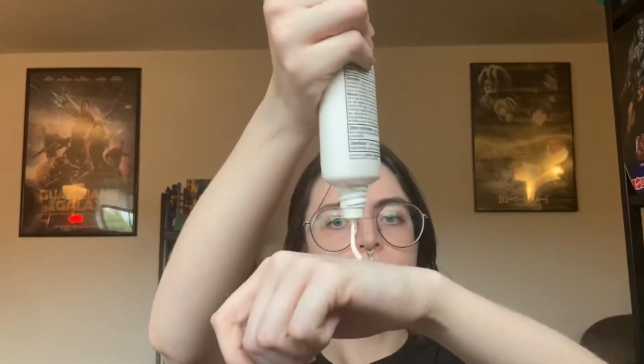So the next one I'm going to try is the Age Shield Facial Sunscreen. It's SPF 70, so it is higher sun protection than the other one, which I believe was only 50. This one, as you can tell, is more thick and lotiony. I'm not doing the whole face. I would use more than this if I were. But I just kind of pick it up on my fingers